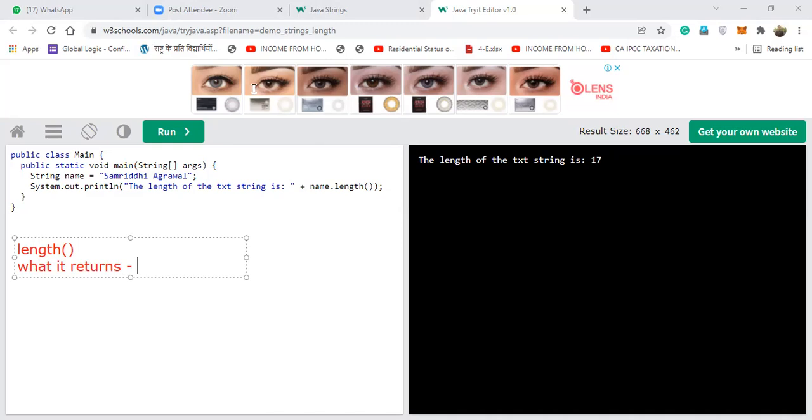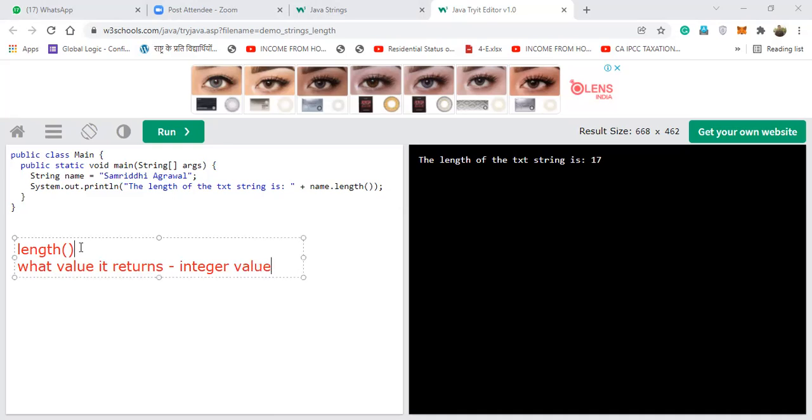What answer are you getting? 17, that is an integer value. It is returning an integer value. This is the first thing.